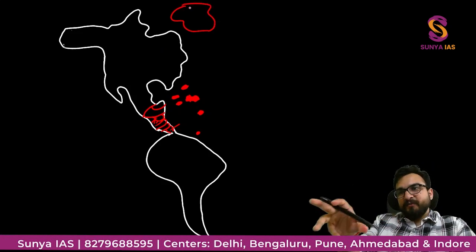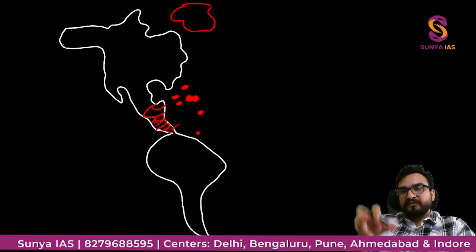Then you have seen Saint Vincent and the Grenadines. Near Venezuela, you have seen Trinidad and Tobago. These are part of the Caribbean countries, and Caribbean countries are also part of North America, guys. Over here, you will see Greenland. This landmass is part of North America, but it is politically controlled by Denmark. This I have also told you.